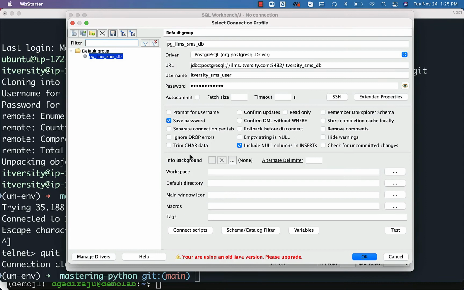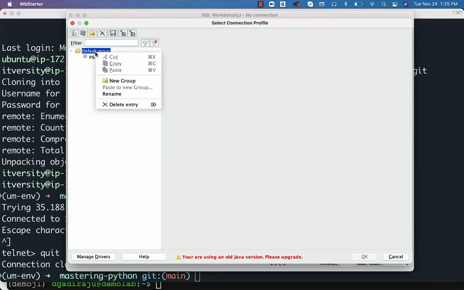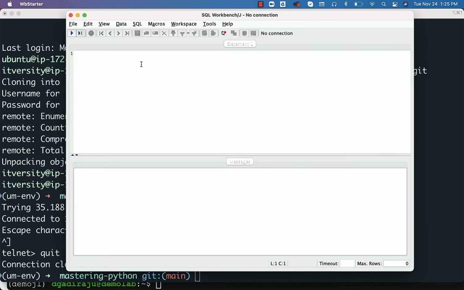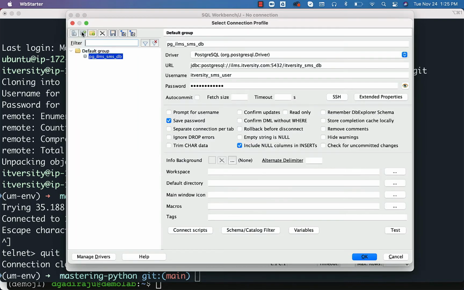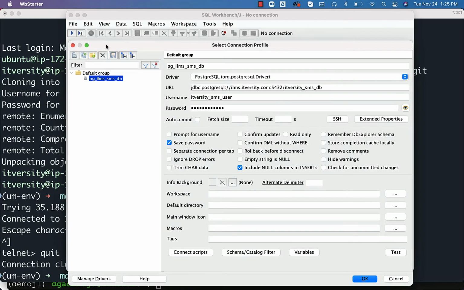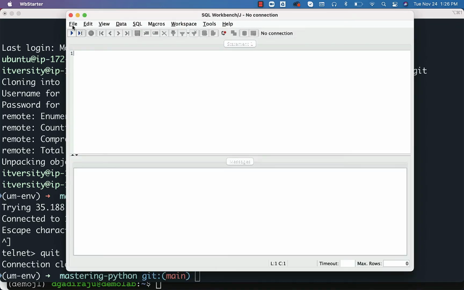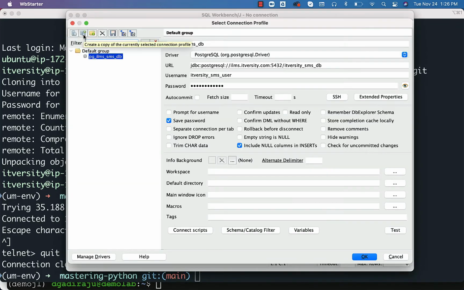Now the SQL Workbench is launched and I should be able to add a new connection by right clicking on this. Sorry, I think I can launch the new connection probably by clicking on this. No, there is something wrong. This interface is not correct. Let me close this and let me say file, connect window. Yeah, this is correct. Let me right click. We have only new group here. There should be a menu here. It is not showing up. Okay, I think I have to scroll down like this. Let me close this and let me say file, new window. Yeah, this is what we have to use.